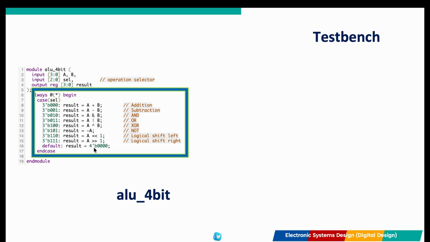At 010 through 101, we handle bitwise logic: AND, OR, exclusive OR, and a NOT operation on input A. Finally, at 110 and 111, we implement shifting. Shifting bits left or right is a fast way for computers to multiply or divide by powers of 2. Notice that default case at the end. This is a safety feature in Verilog to ensure the output is always defined, even if select receives an invalid